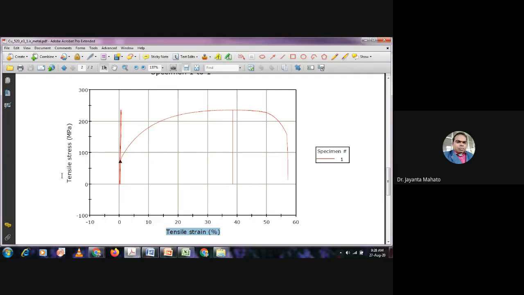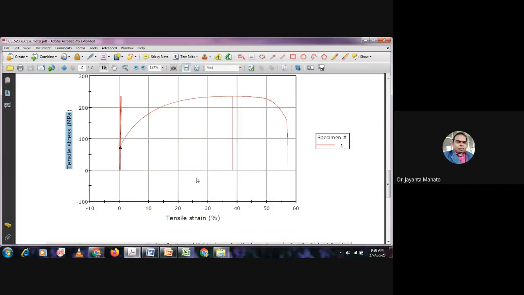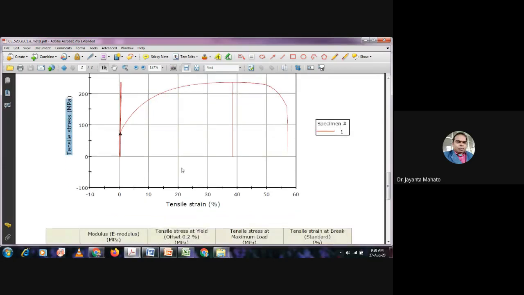According to your requirement, you can modify this result in the test method.